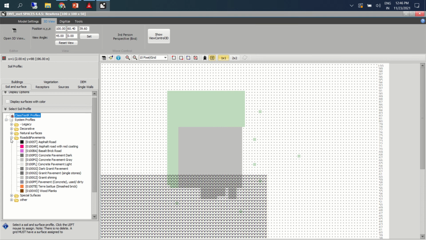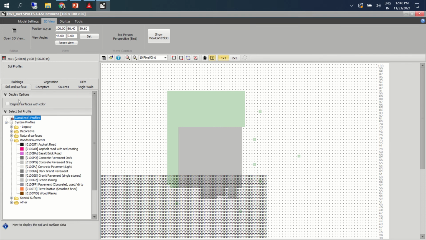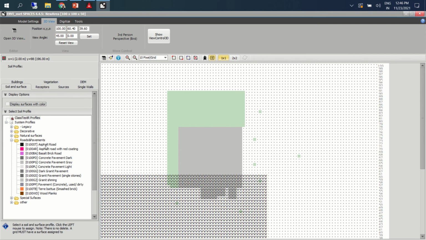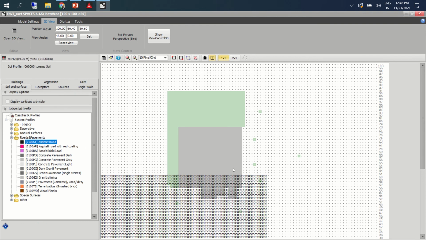It can be road, let's say asphalt or whatever. Suppose you have paved area. I'm just randomly doing it. I'll just show you with some base map also, but just for your quick understanding, that's how the model is done.